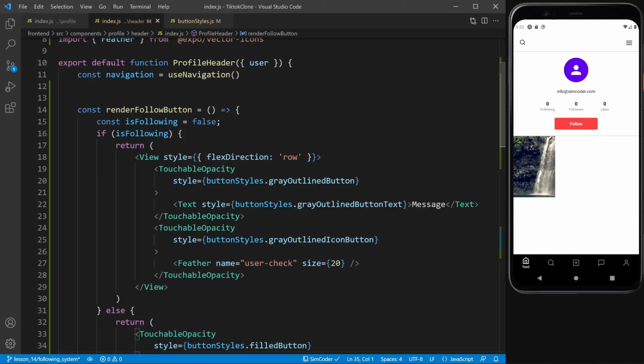But before that, we have to figure out a way of getting that data on our side. And we are going to use React Query for this. And the reason is really, really simple. We don't want to be always making requests to the database in order to get the current state of the user that we are viewing. So anytime we enter this user's profile, we don't want to make a request to see the current following state